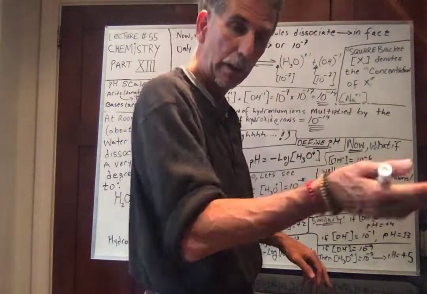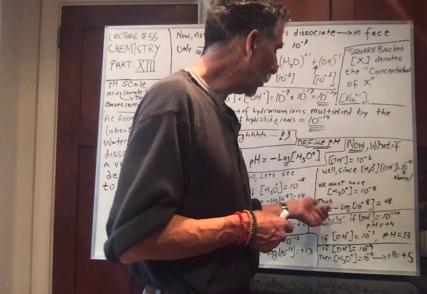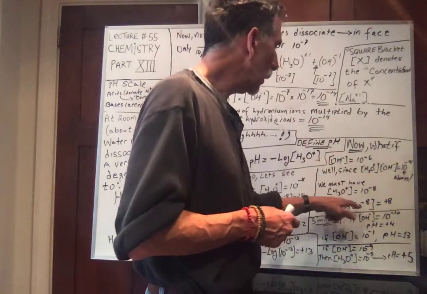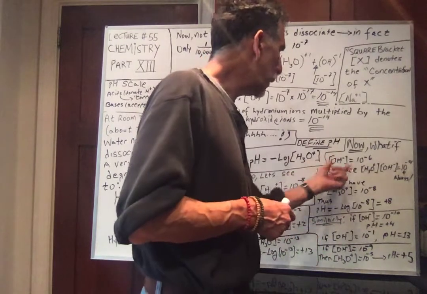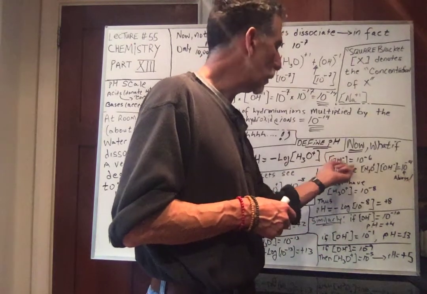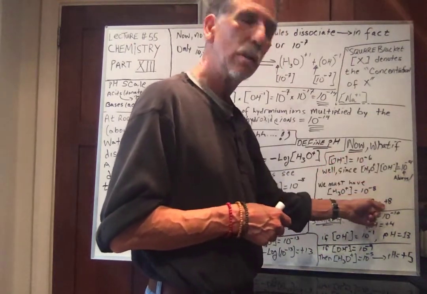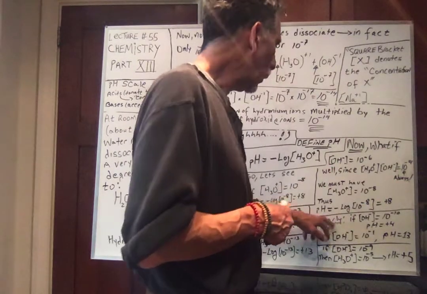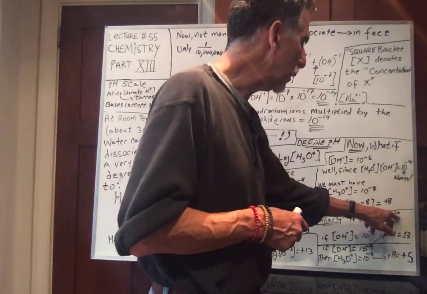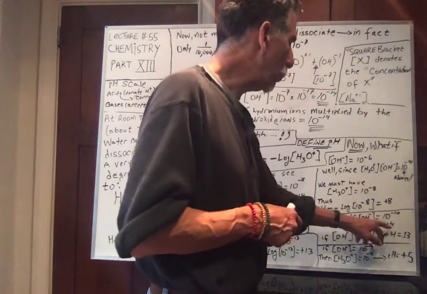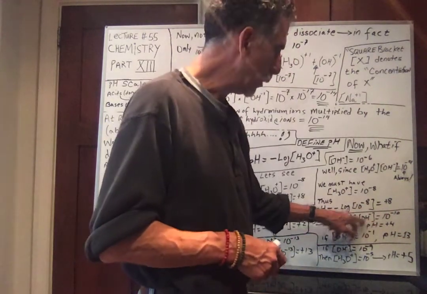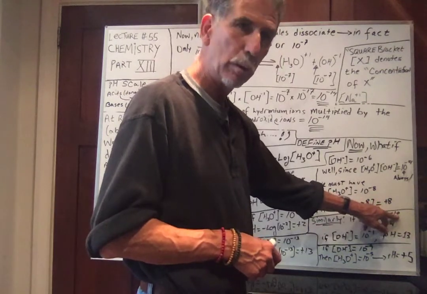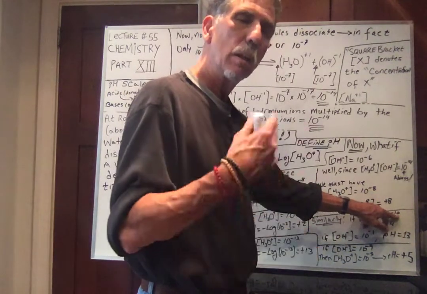It has to add up to negative 14. So the pH of this solution is minus the log of 10 to the minus 8, which is plus 8. So if the hydroxide concentration is 10 to the minus 6, the pH is 8. What if the hydroxide concentration is 10 to the minus 10? Well, the pH is 4. Why? Because the hydronium concentration must be 10 to the minus 4,